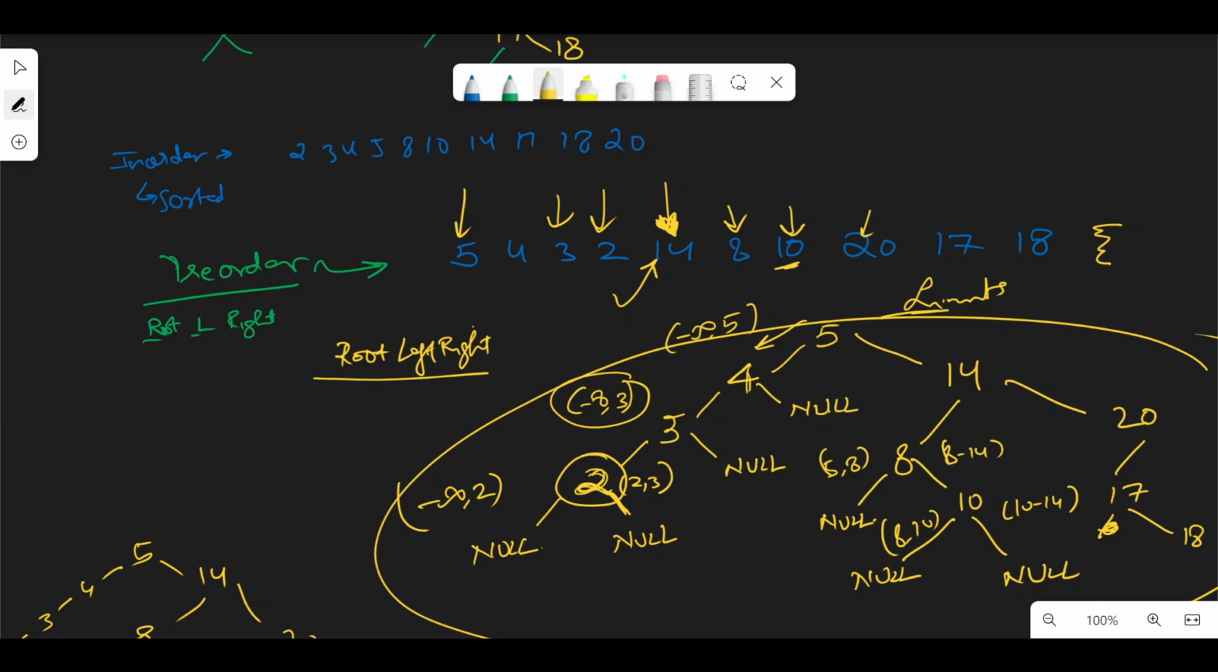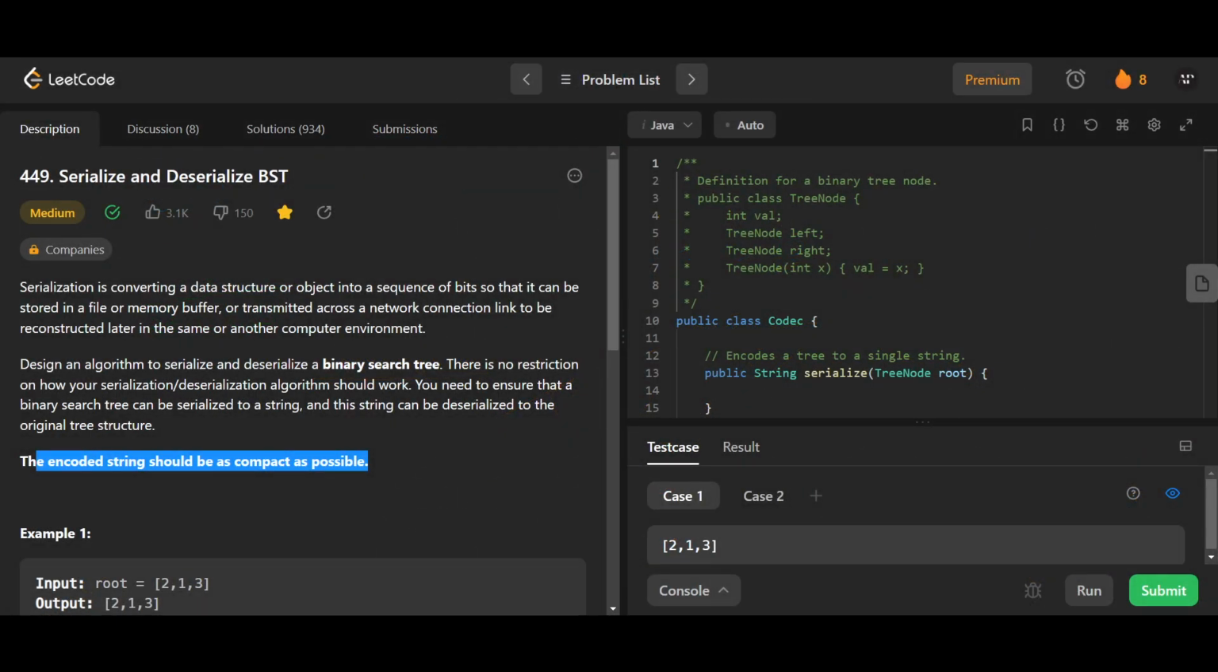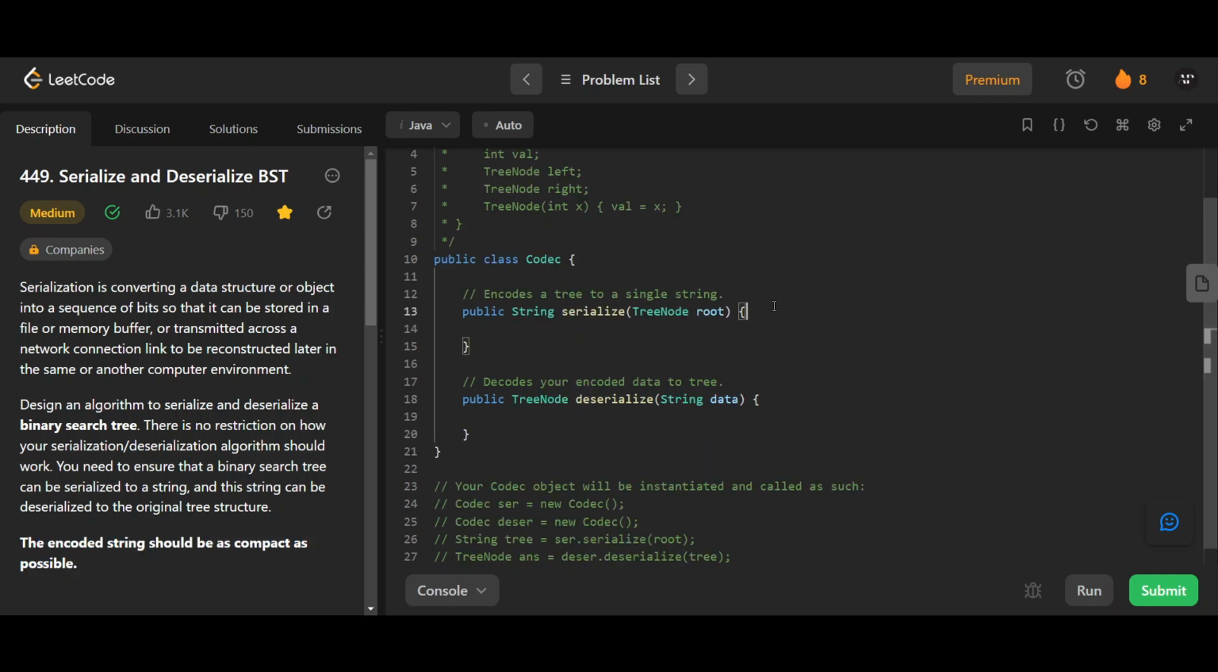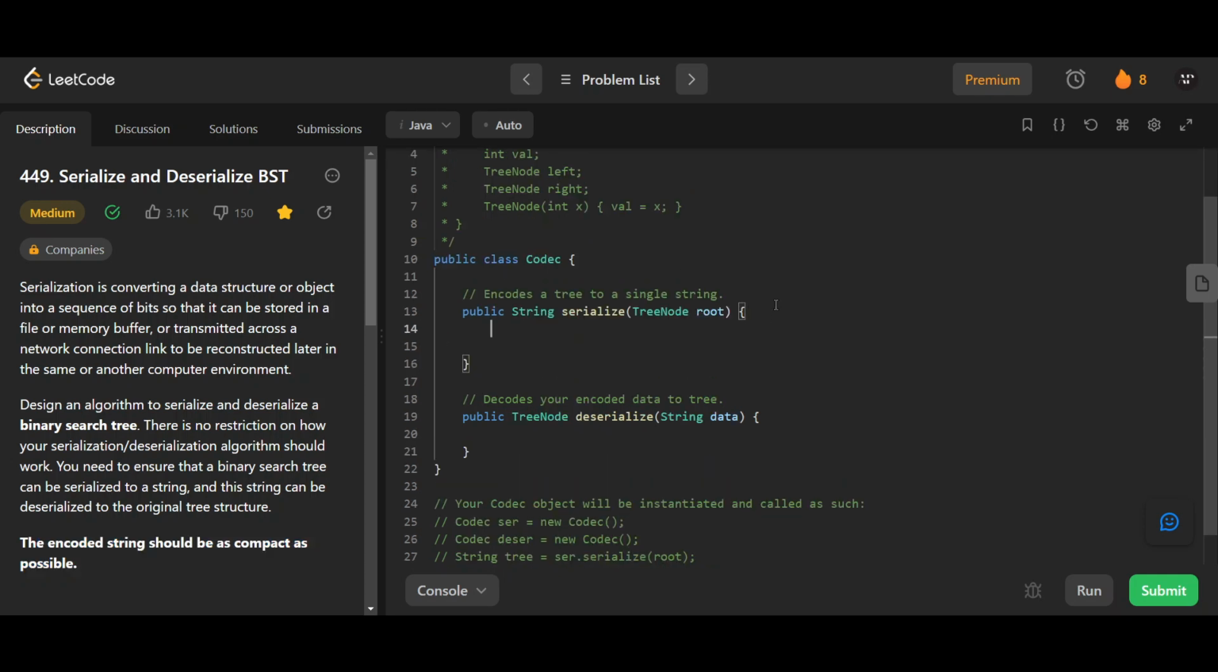All right, so we go to the code. What we're essentially doing is just saving the pre-order for serialization and building the binary search tree back based on the serialized string. So this is serialization. We have to separate the nodes by some delimiter. Let's say we use a comma as a delimiter. So we'll use a string builder